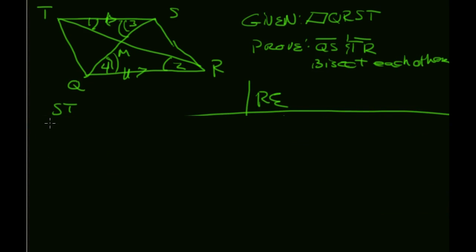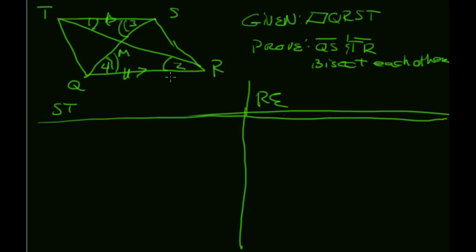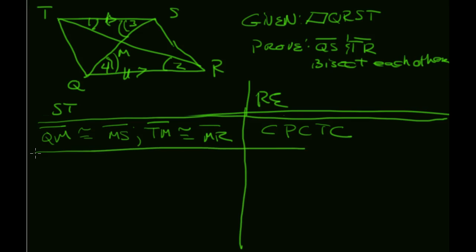Okay, so we've just made a little bit more space in our proof here. Our last thought was that these two triangles were congruent. So what I can now say is that QM is in one of these triangles, it's congruent to MS in the other, and TM is in the one triangle, and it has to be congruent to MR in the other, and that's by CPCTC because these are corresponding parts,